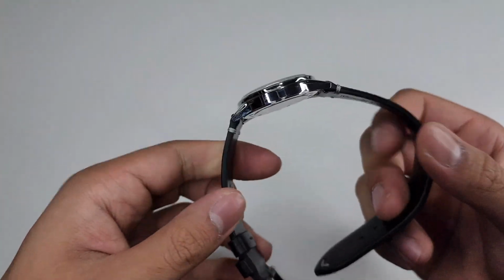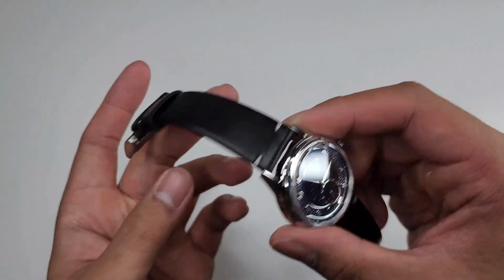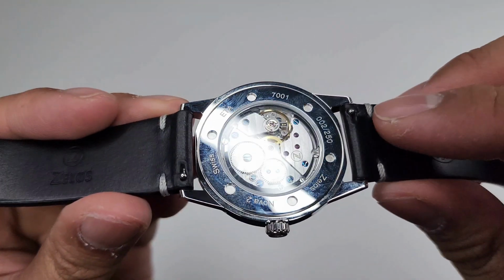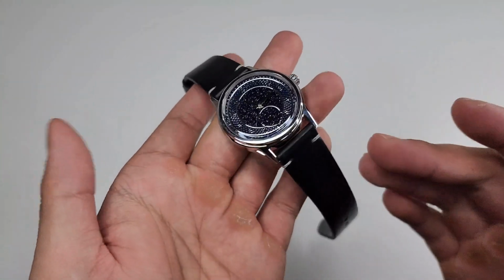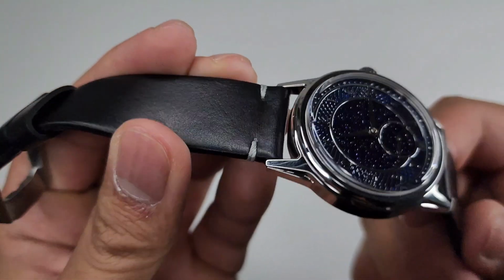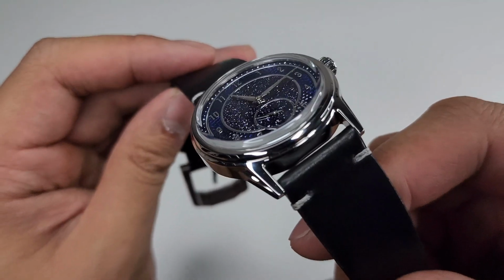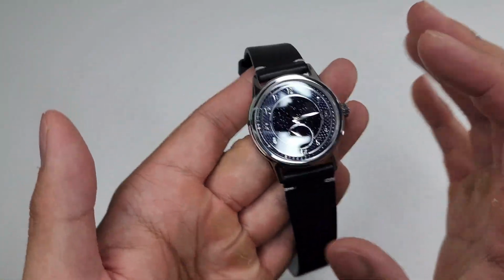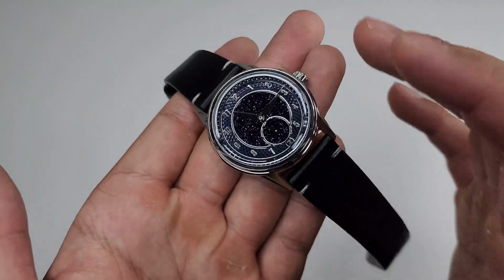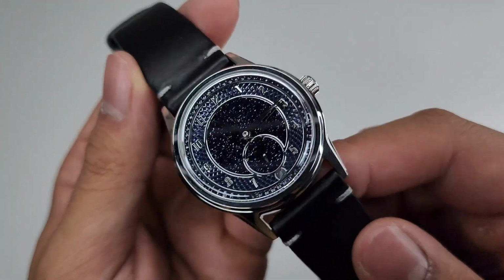It's very soft, and look at this, fresh out of the box, and I can already tell I probably won't even need to break this strap in. Not only that, it does have quick release for you, so you can swap this out, use the strap on other watches, because this strap is rather good, and I would probably like to see what this strap looks like on other watches. But I also don't want to take this watch off of this strap because I think it pairs really nicely. I think maybe it might go well with like a dark blue strap as well, but